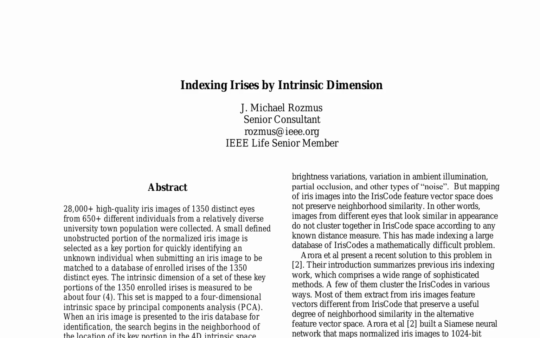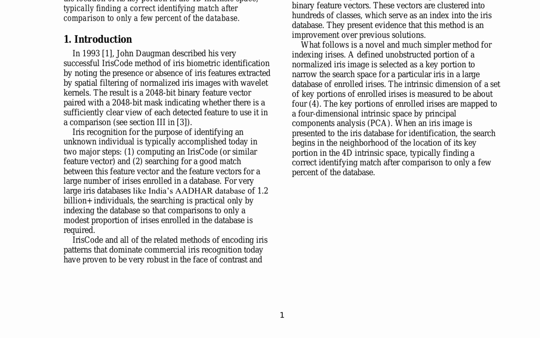In contrast, previous solutions, such as the Siamese neural network approach proposed by Aurora et al., map normalized iris images to 1024-bit binary feature vectors. The present method offers a simpler and more efficient alternative, reducing the computational complexity and resources required for iris identification. The paper also investigates the robustness of iris code and related methods against various types of noise and variations, highlighting their limitations in preserving neighborhood similarity. The proposed approach demonstrates improved performance and accuracy in the face of these challenges, making it a promising solution for